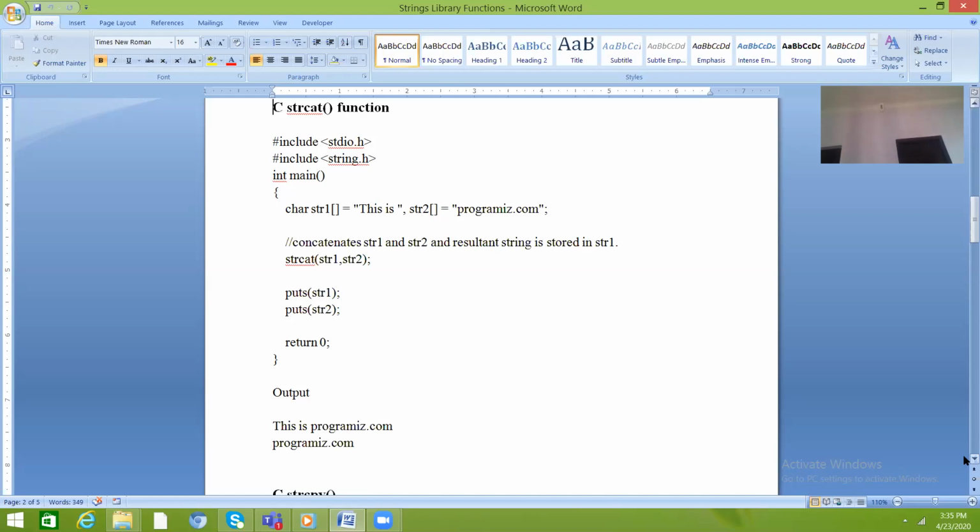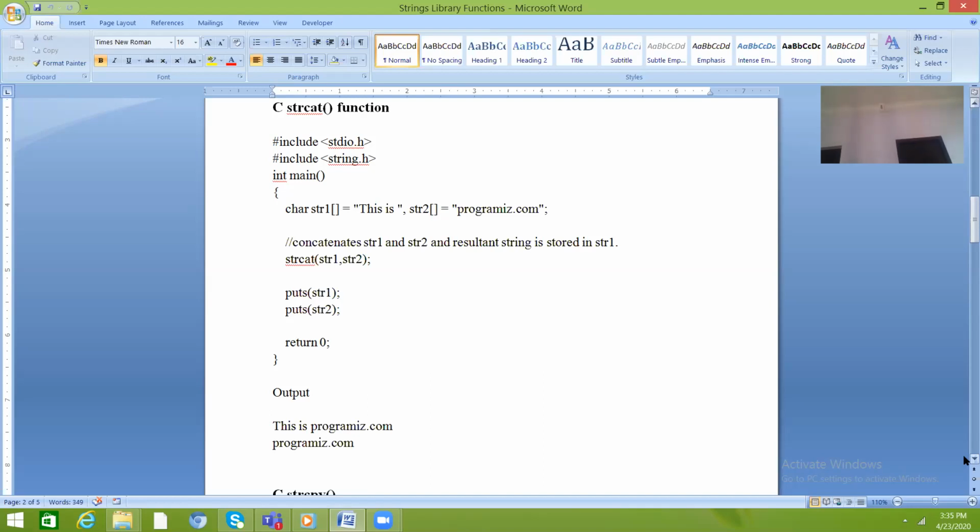If I want to concatenate str1 and str2, the resultant string is stored in str1, because if I write str1 first and then str2, the result is stored in str1. If I write the opposite, str2 first and then str1, the resultant string will be stored in str2.